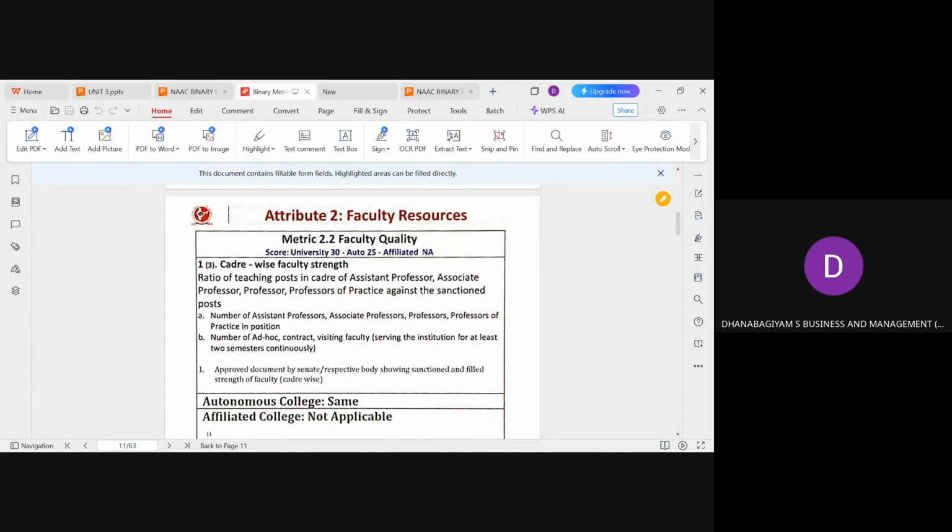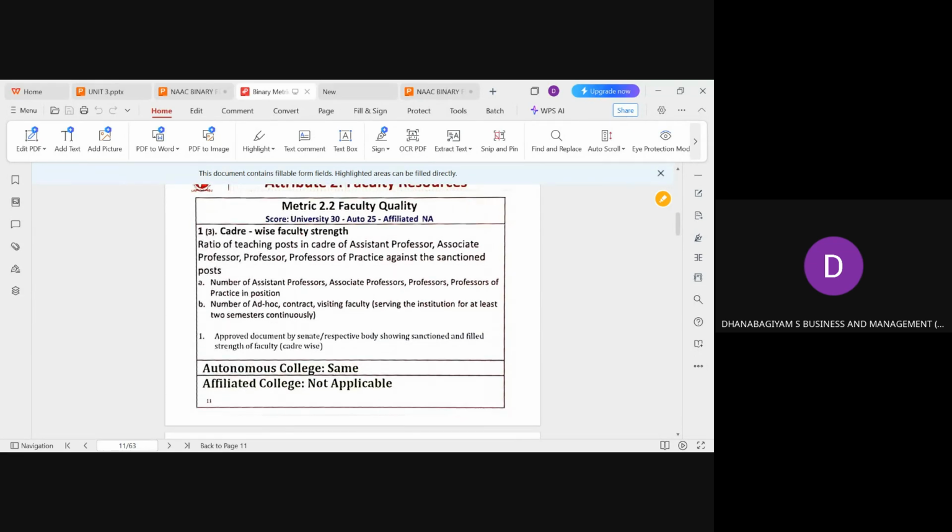institutions to have professors of practice. So we should have at least 1 or 2 professors of practice who have spent quite a long tenure with the industry, and now they are capable enough to come and teach the students. So here we have to maintain that student-teacher ratio very perfectly, and the number of assistant professors, associate professors, professors, and professors of practice. The hierarchy needs to be maintained. For example, at least we should have 4 assistant professors and at least 3 associate professors, 2 or even including the director, HOD.